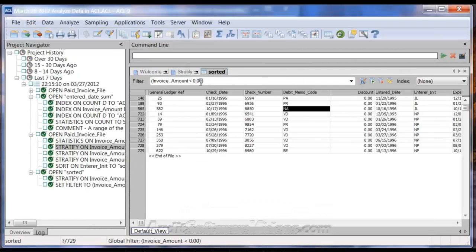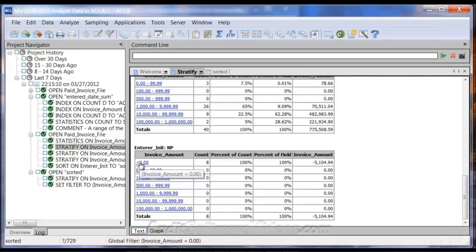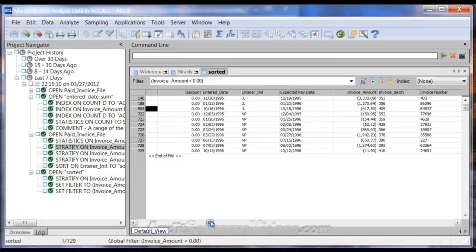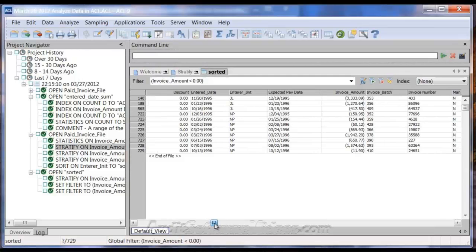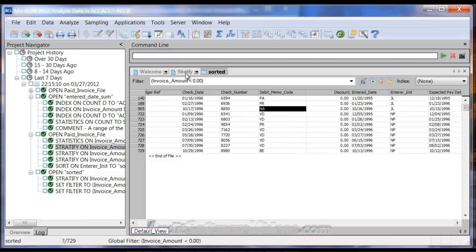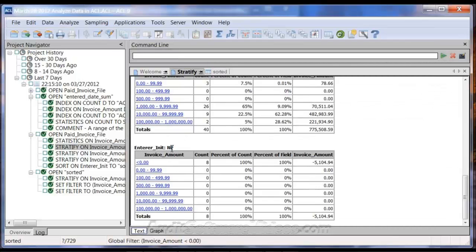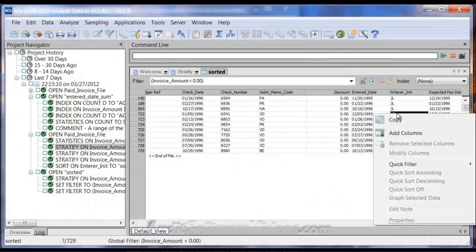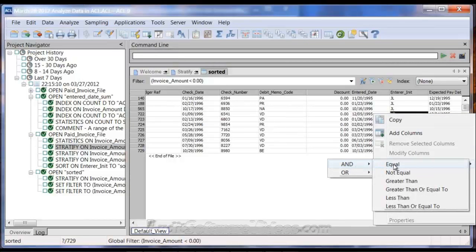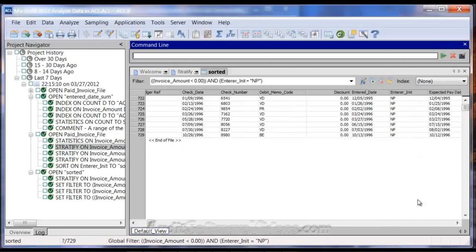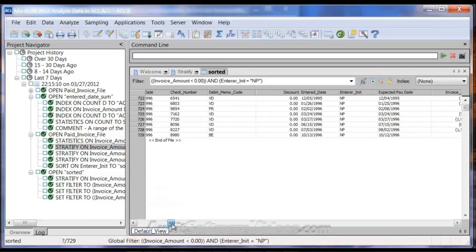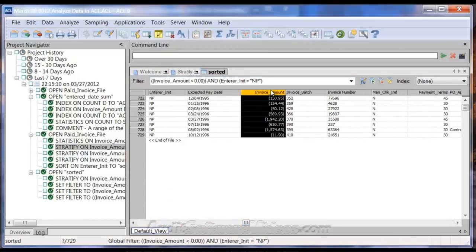Now, when you want to do that research and select an item, let's just say this 5,000 in negative, you can select this right here, and it brings you right to your filtered items, and you can take a look at all of the items here that are less than 0 in this case. And, well, in this case, we also want them where the enterer is NP, and so when we go to that, because it's sorted, they're right there, but I can filter even further and get to those items that, in just this case,